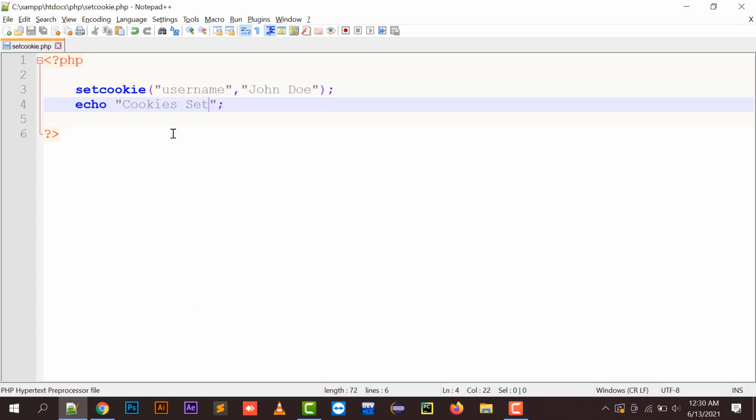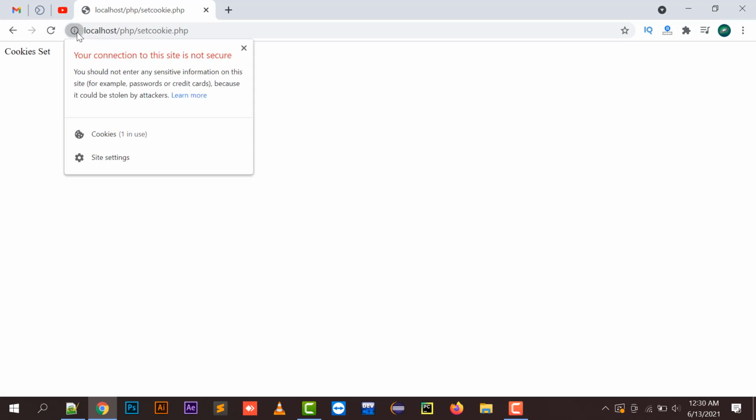If you want to check where your cookie is being stored, you have to just click on this icon inside your URL bar. By clicking on it, two menu options come up: cookies, and the second one is site settings.